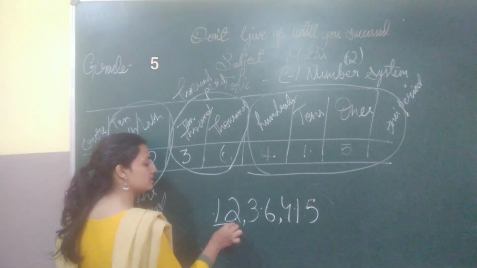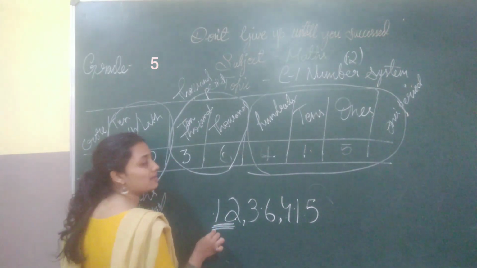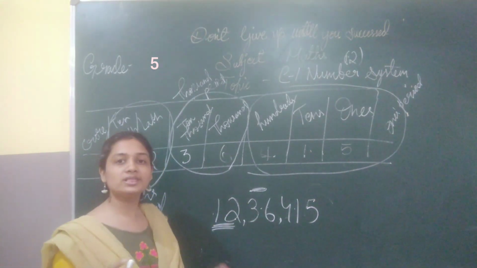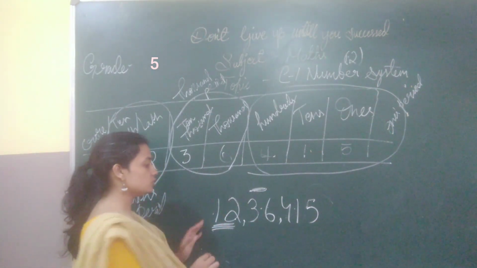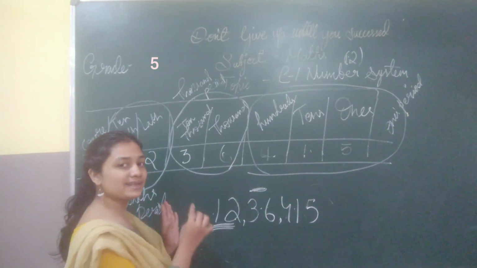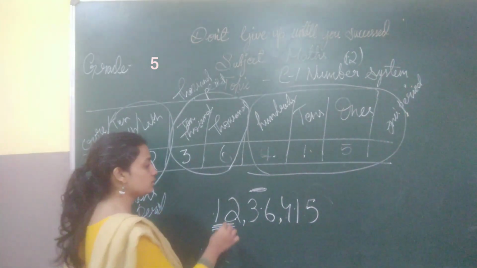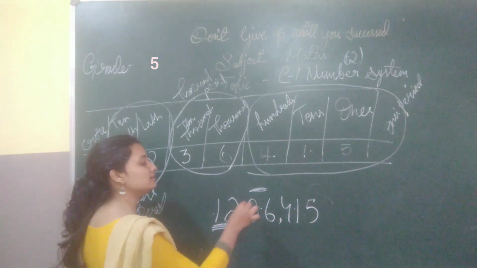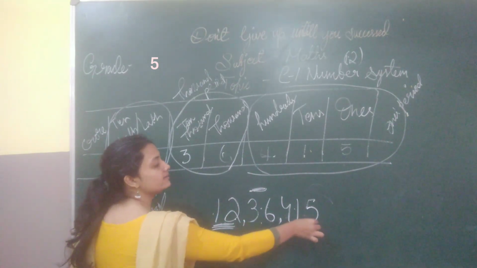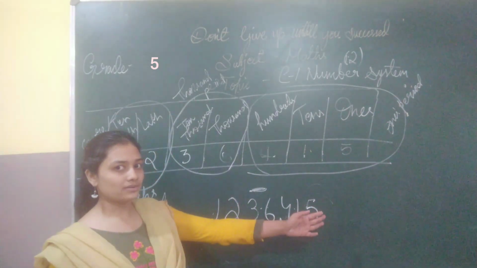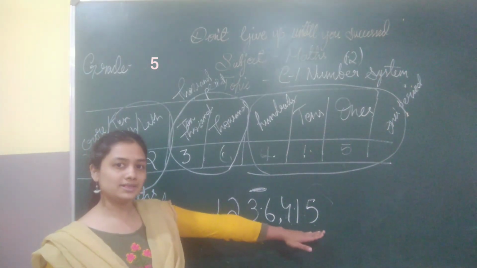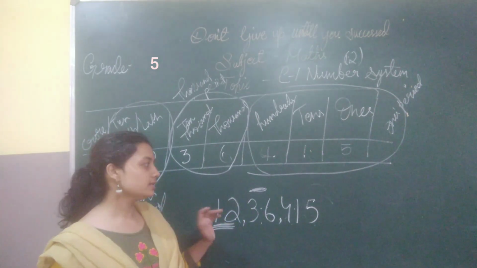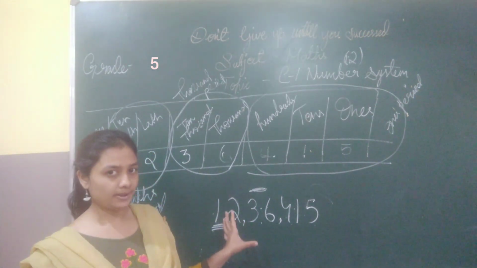So now you can tell this number in name. That is 12 lakh 33,000. You should just tell the number with their group. Because this is one group, you should not say it as 1 and 2. You should say it as 12. So this is 12 lakh. The group is lakh. So 12 lakh 36,415. You will not say 1 for the last group, right? Because if you multiply with 1, you get the same number. So you will just tell 415 for the last group. This is how we read a number.